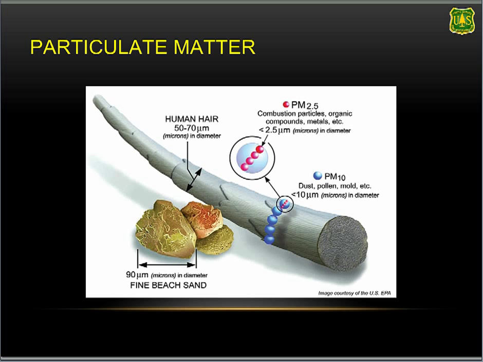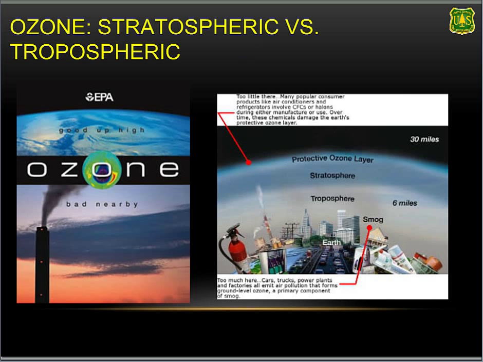These particles, because they're so small, tend to stay entrained in the atmosphere for long periods of time. They don't settle out like larger particles. And the other problem with these fine particles is that they can be taken up into your nose passages, into your lungs. Because they're so small, they tend to go deeper into your system. They're more important in terms of human health impacts. So that's an overview of particulate matter.